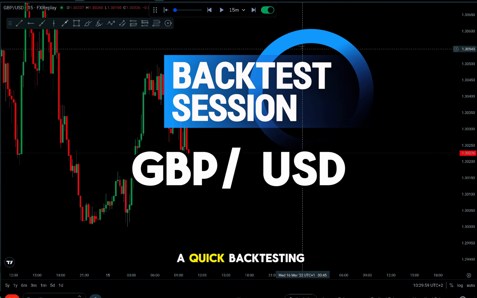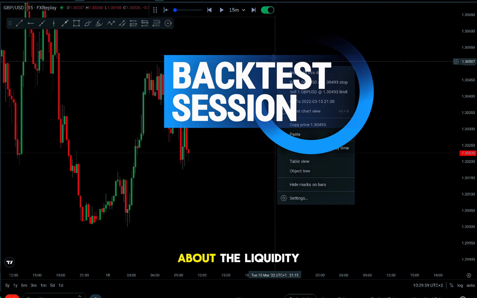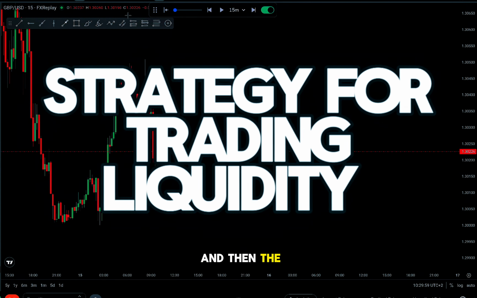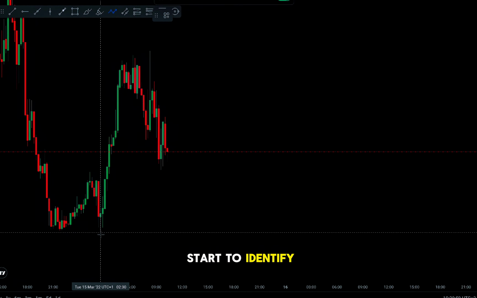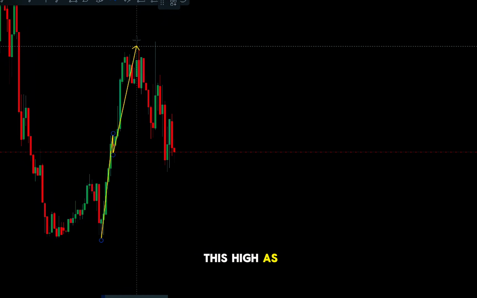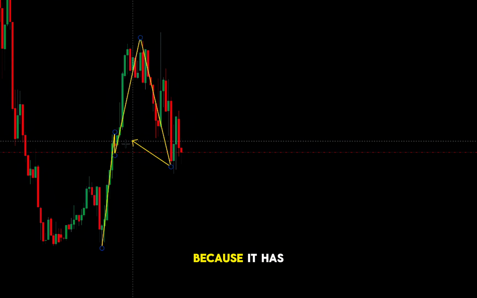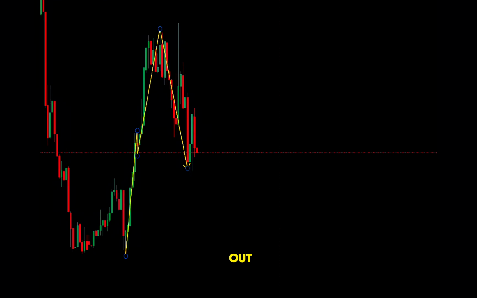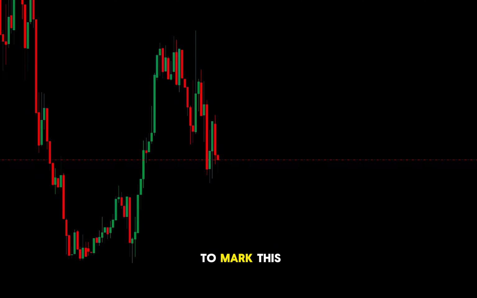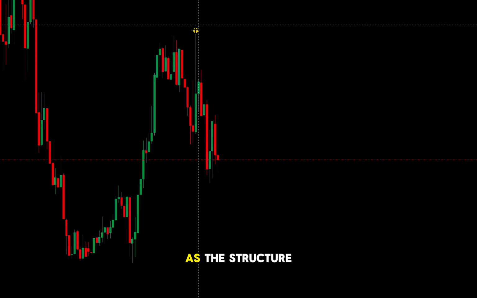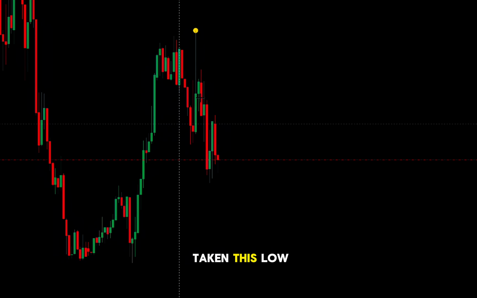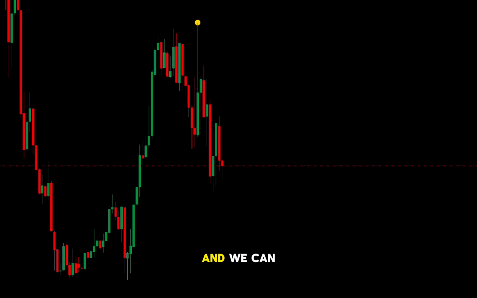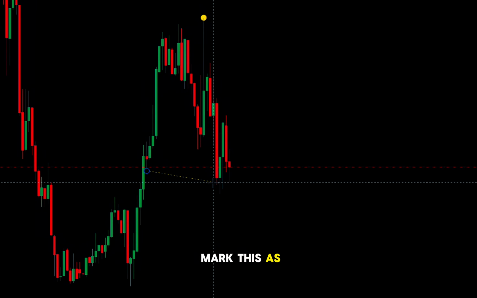Today, let's do a quick backtesting session about the liquidity and then the structure model I use. We want to start to identify this high as a major high because it has been able to take this low out. So we want to mark this high here. We always want to mark the highest high as the structural high. That's the valid structure high because it has taken this low out, and we can mark this as the liquidity